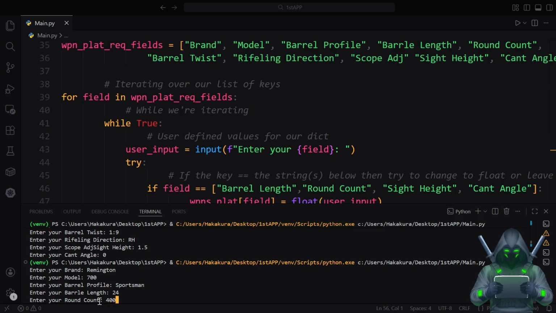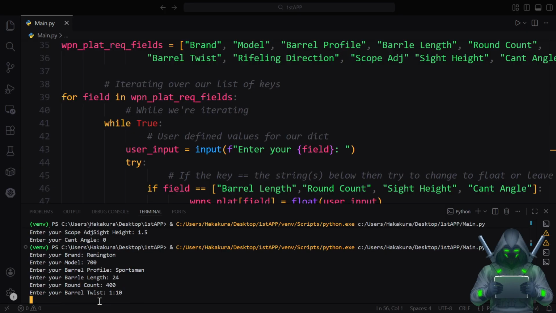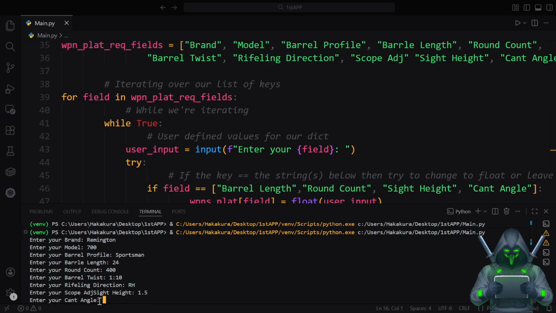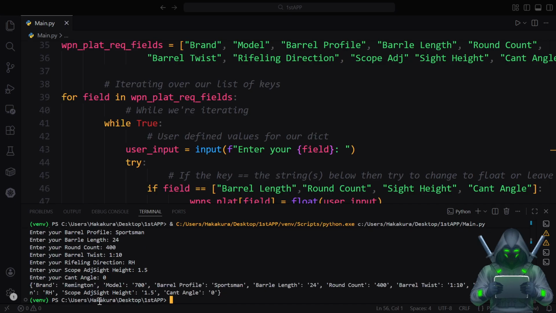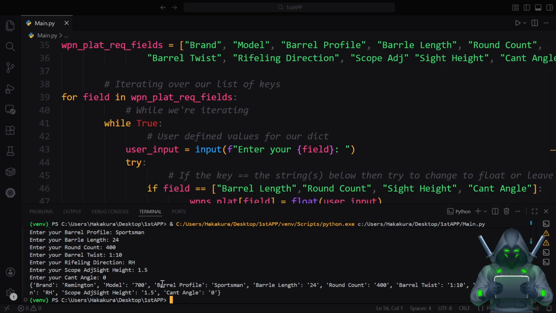Round count. 400. 1 and 10. Right, and 1.5 0. Here. And let's say